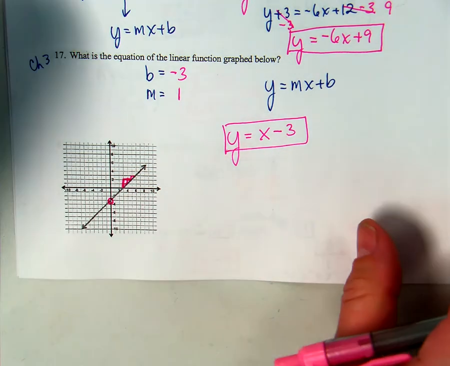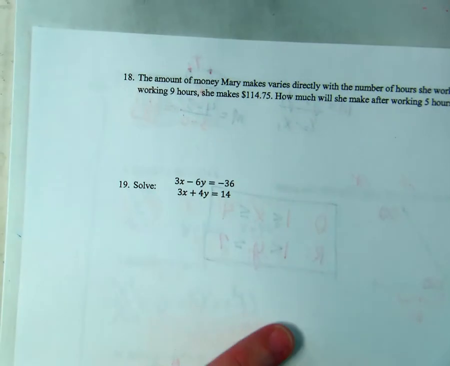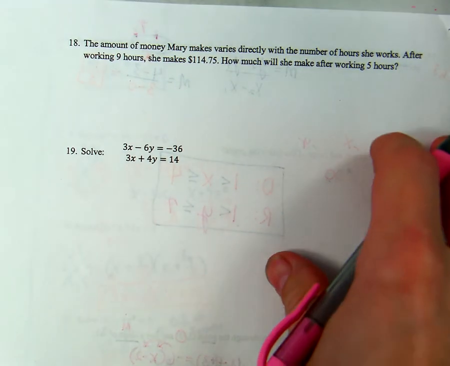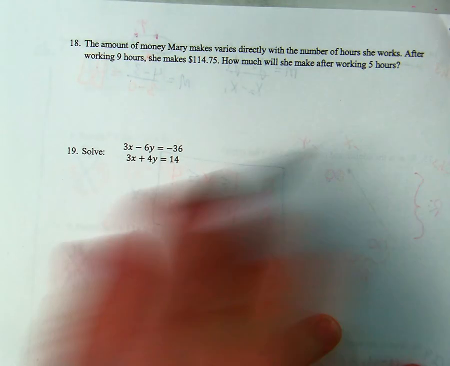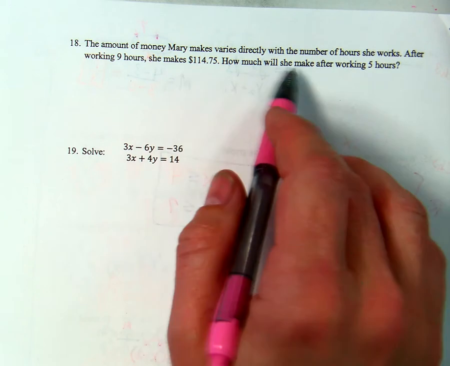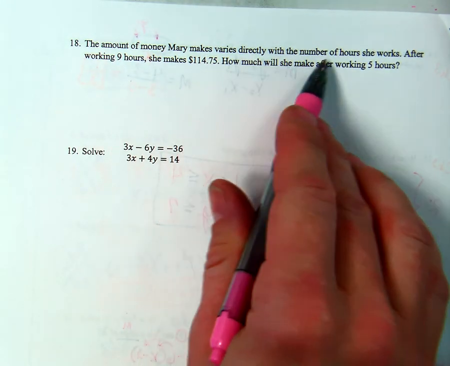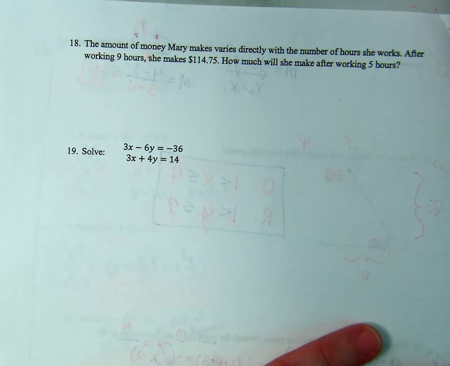All right, let's look at the last two problems of our review, and we will be done here. Number 18 is going to be a word problem involving money. We need to find out how much Mary is making here. It says here, the amount of money Mary makes varies directly with the number of hours she works. After working 9 hours, she makes